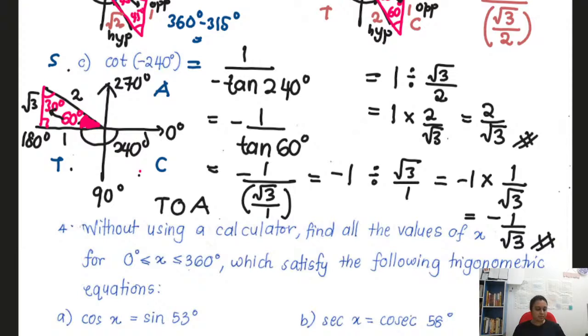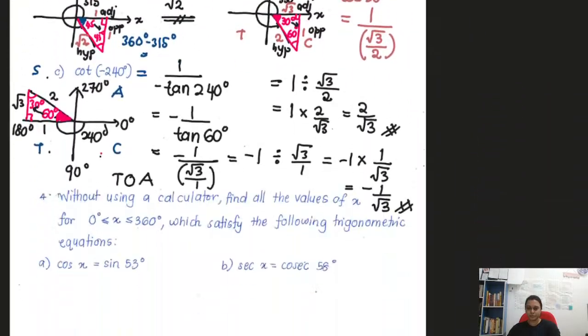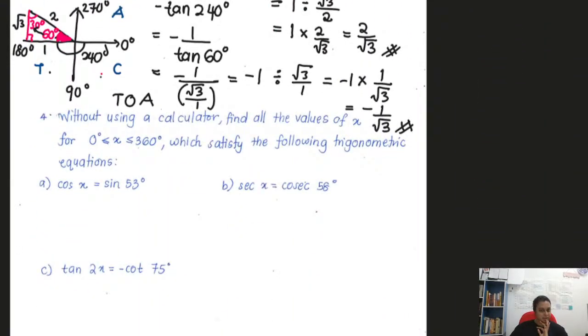Okay, soalan 4. I think I give you all the final answer. You all can try. Boleh cuba soalan 4. Okay, I give you all the final answer. This one is cari sudut. Okay, the first one, A, sudut dia ialah 32, 328. B,